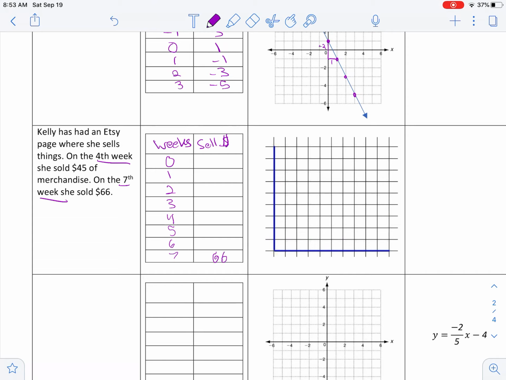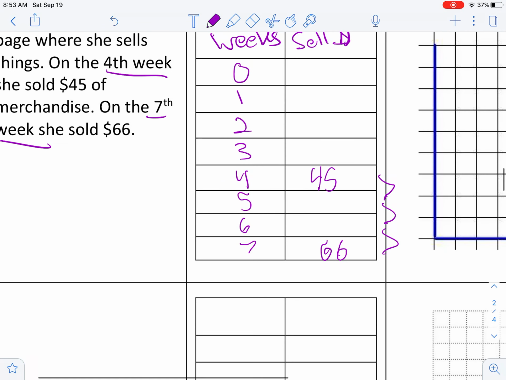So we know that we sold $66 worth of things on week 7, and we sold 45 on week 4. So what is the pattern here? Well, this is kind of fun. It looks like we're going 1, 2, 3 jumps to get from 45 to 66. Well, 45 taken away from 66 is what? Well, that is 21. So I can see that we made $21 more over the course of those 3 weeks